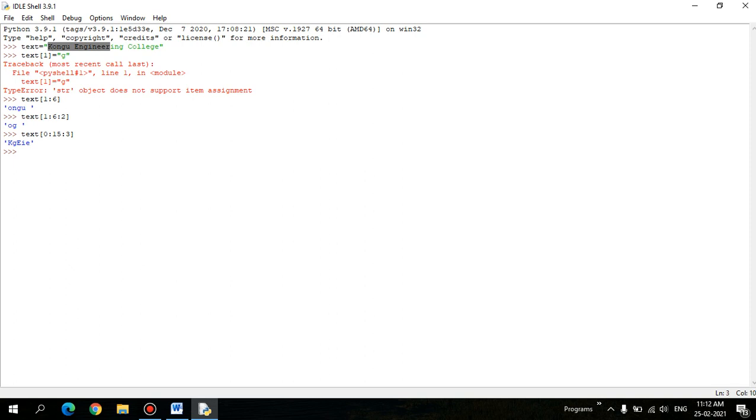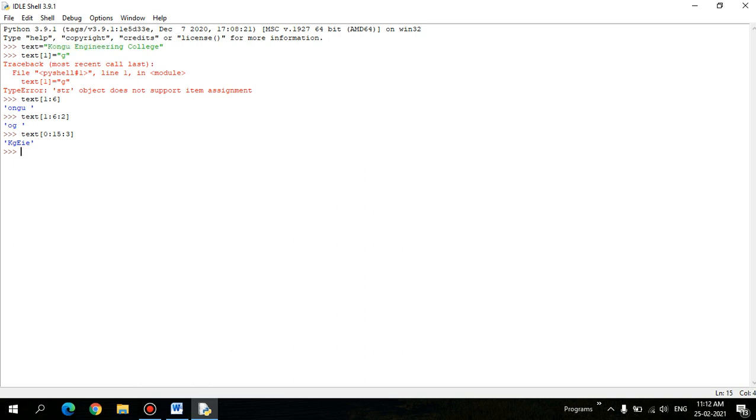It will take only every third character. The first character it will take, so K will come, and it leaves two characters and takes G, that's why G gets printed. It leaves U and a space, and takes E, and then N, G are left out, and I is printed, and N, E are left out, and E is printed. So this is how it works. This is the operator that is used for slicing of your strings.